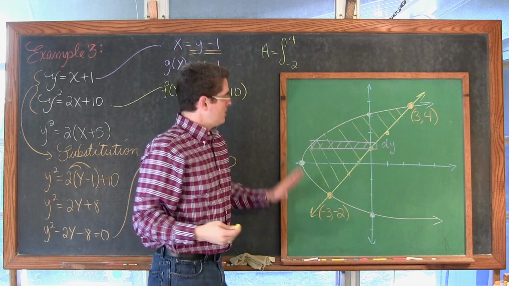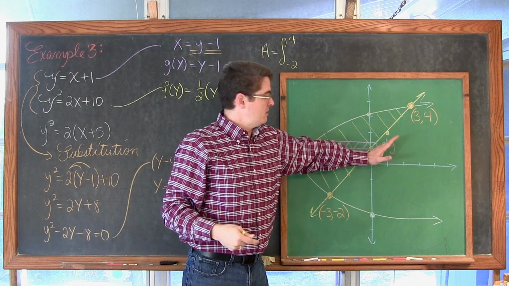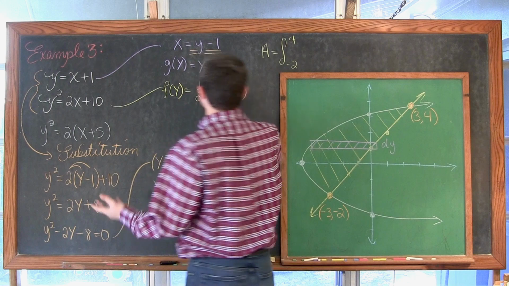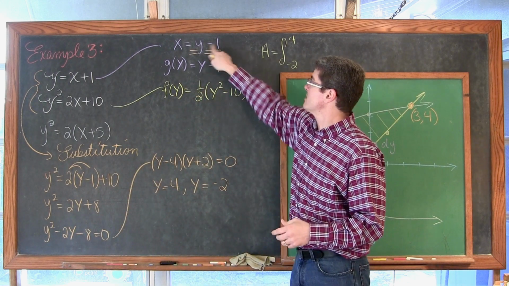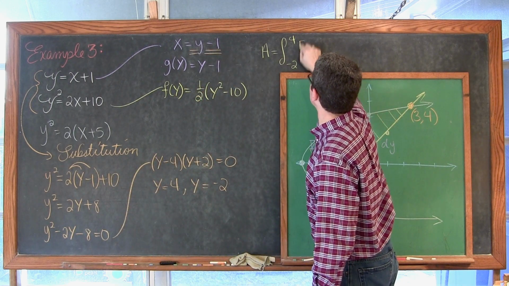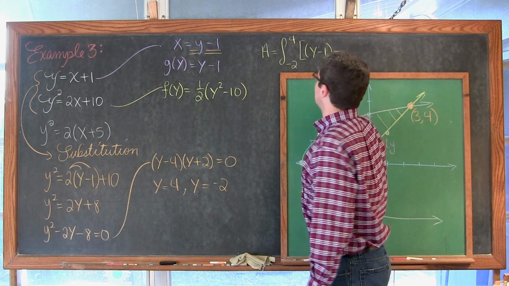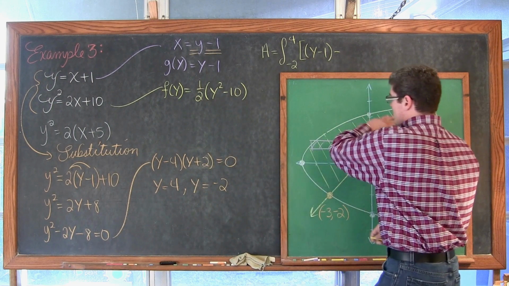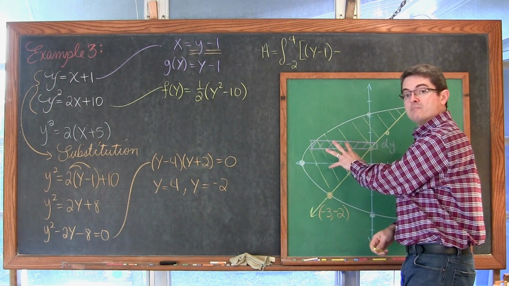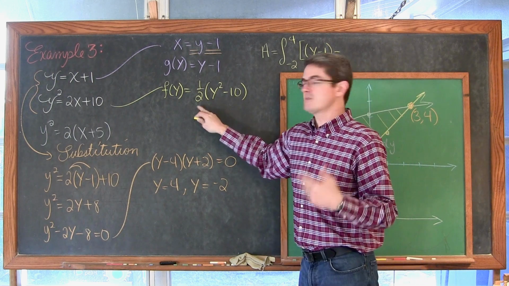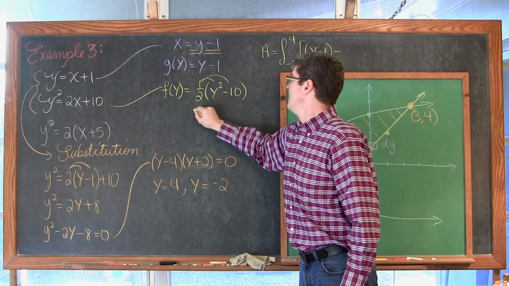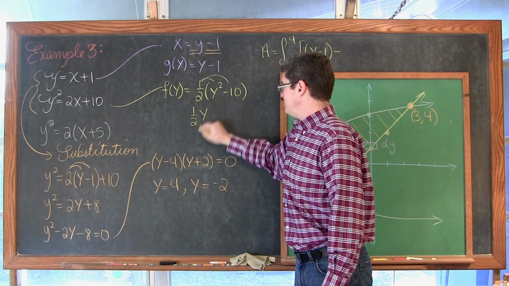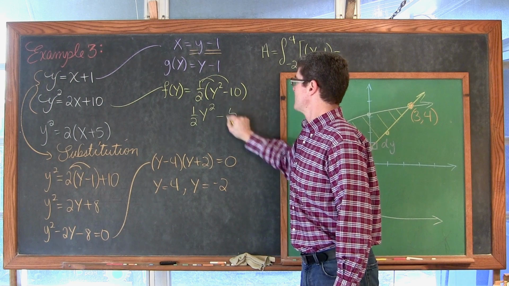And what are we subtracting? Well, again, the farthest right function giving us the greatest x values, that's that straight line, with the independent variable of y, it's going to be y minus 1, minus, which I call g of y, minus our function on the left side with the lower x values in this bound area. I'm going to go ahead and take this -1/2 and distribute it through and get, how about we call it, y minus 1/2 y squared minus 5.